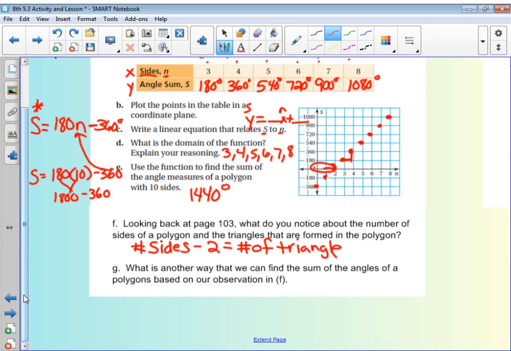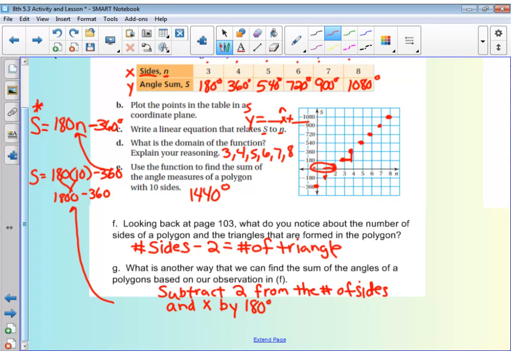What is another way that we can find the sum of the angles of a polygon based on our observation? We can subtract 2 from the number of sides and then multiply by 180. Okay, so if we were to just check that with the one that we just did, doing this equation up here,